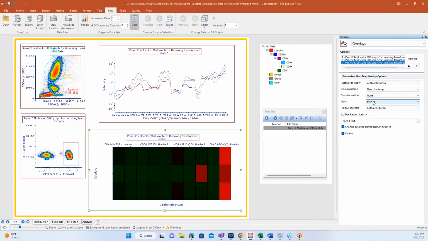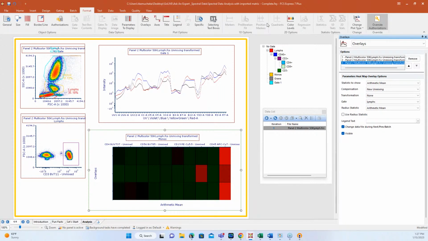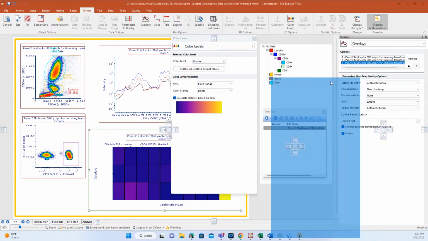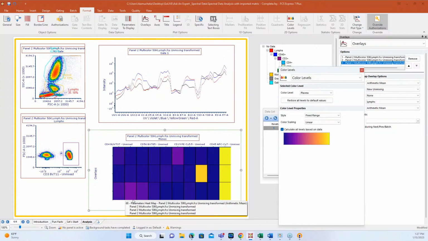So I can look here. I've got my grands, my monos. What do my lymphs look like? How is their expression differing? And with the tools to format, we have this great ability to change colors so you get the most out of your data. Sometimes with different color settings it's harder to see. Before, I wouldn't have been able to see these gradients here and some of the differences. So having the ability to adjust things, average things out, and really display this data in a way where I'm getting the most out of it, those are probably one of my favorite features also, because I like color.